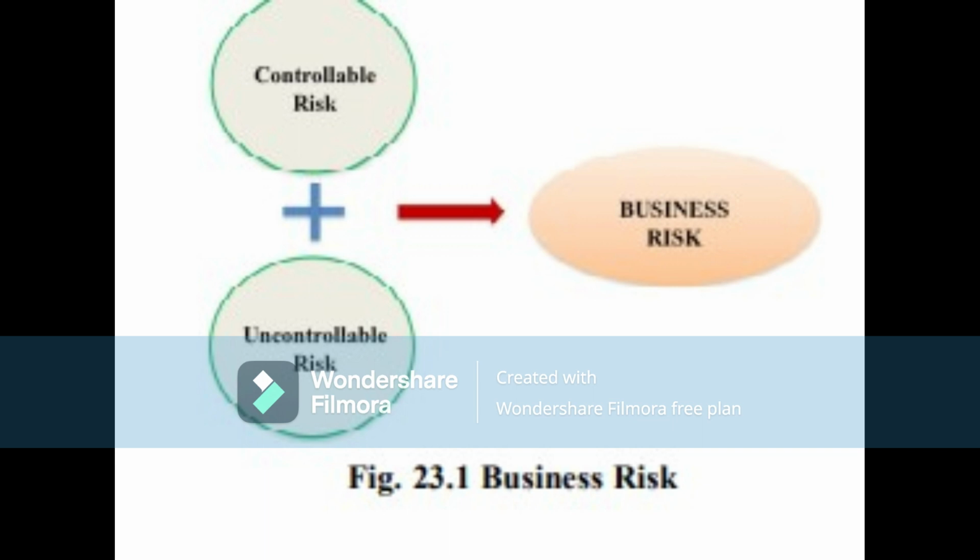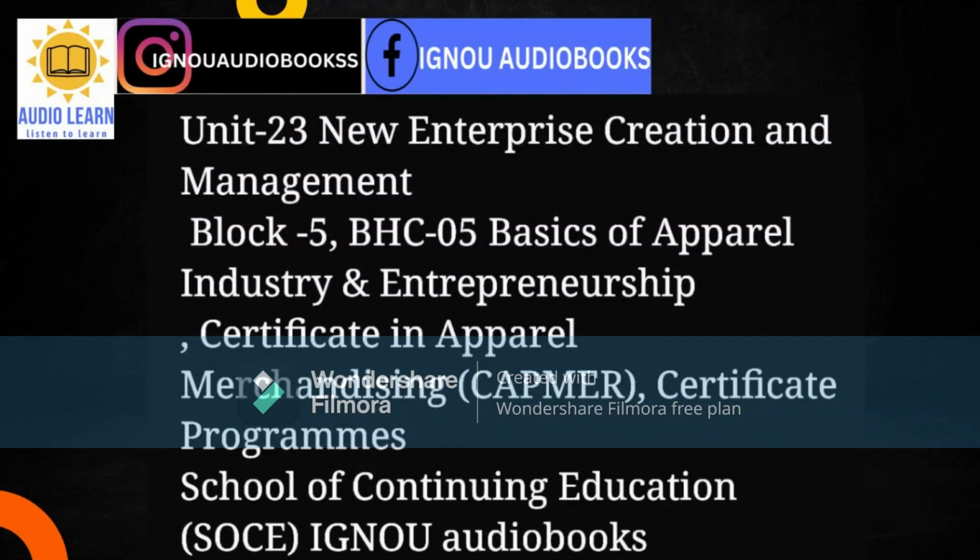Requirements of a new enterprise. The requirement of a new business enterprise can be listed as below. Taking initiative, opportunity identification and selection, analyzing the feasibility and profitability of the business proposal. Developing it into an enterprise by giving a form to it. Arranging the resources, both human and non-human resources, or financial resources, or technical know-how, or premises, or equipment and machineries. Effectively promoting the business enterprise. Managing its operations and growth.